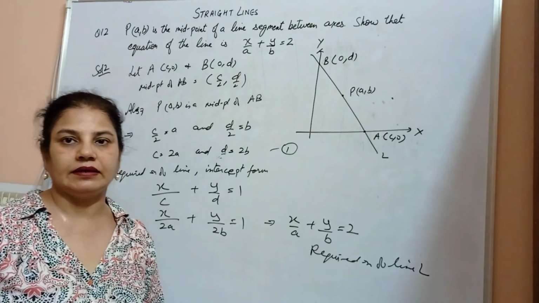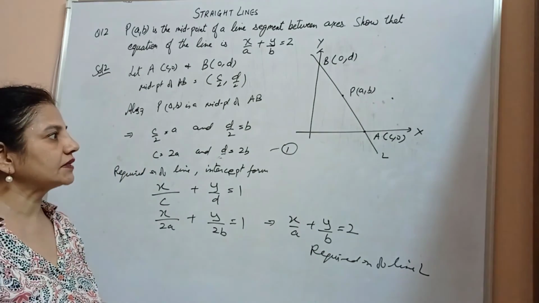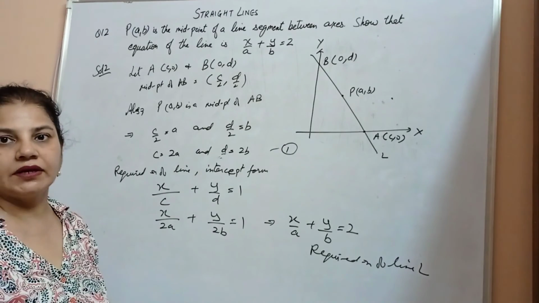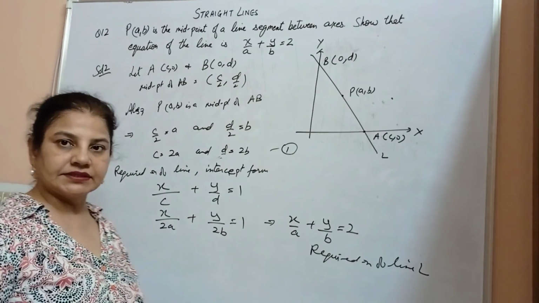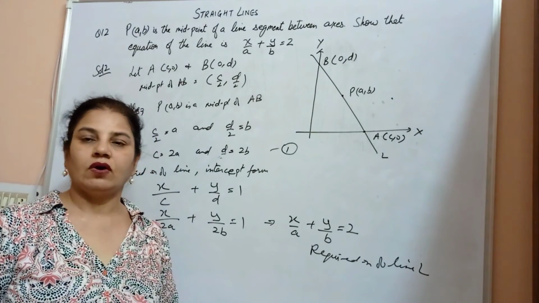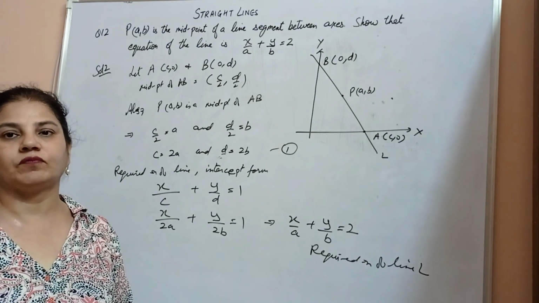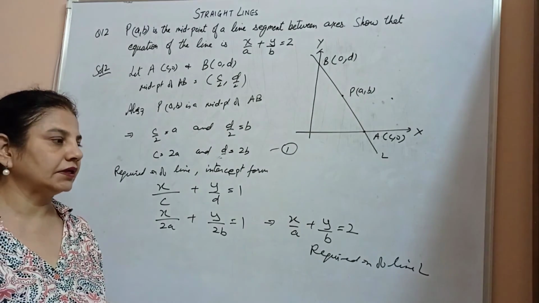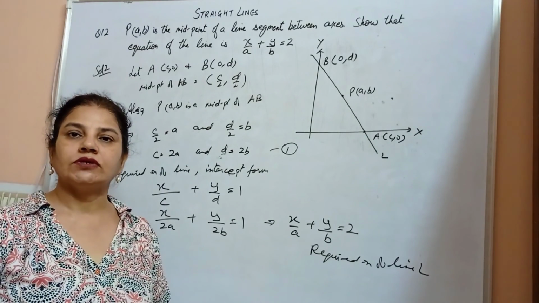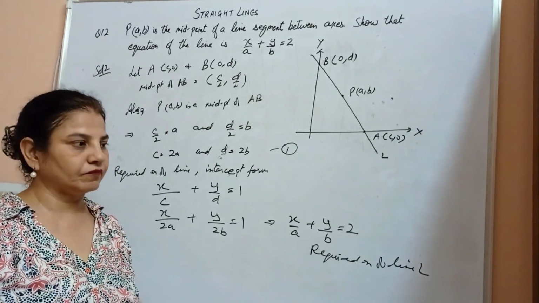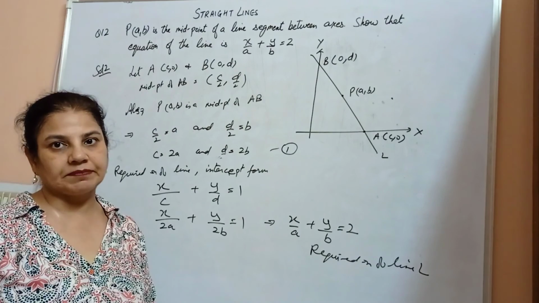Hope you understand about the equation of a line, how to calculate the equation of a line by intercept form and by normal form, or when the two-point form is given to us, slope form is given, one-point slope form is given to us. We have calculated all types of equations. So you must watch this video from the beginning once again so that the concept is clear to you.